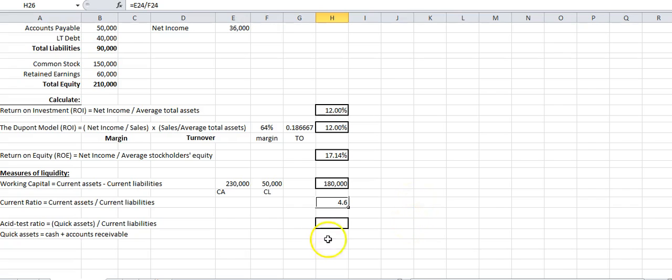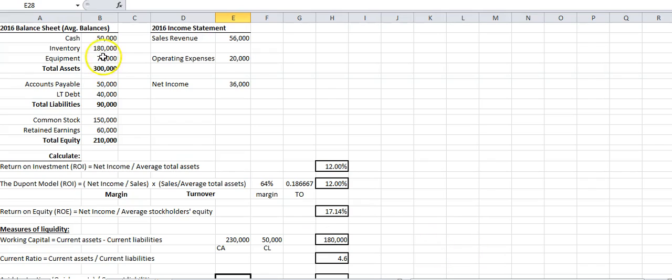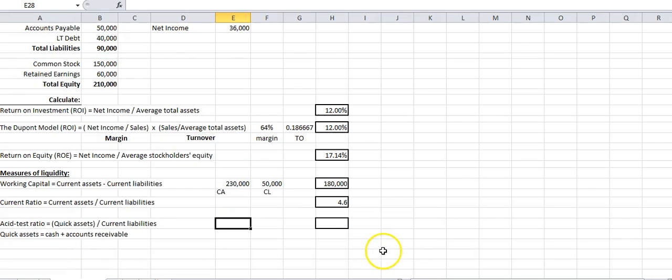And then you could do the acid test ratio. The acid test ratio is similar to the current ratio, but it uses the more highly liquid assets. There are two that qualify as quick assets: cash and accounts receivable. In this case, we don't have accounts receivable, but we do have cash. So we have $50,000 in cash,